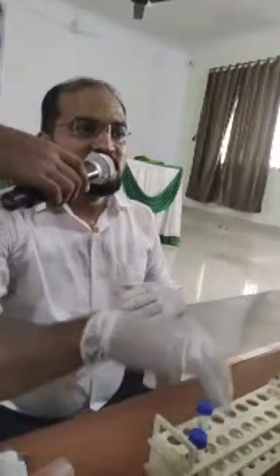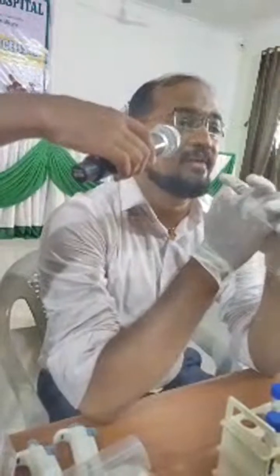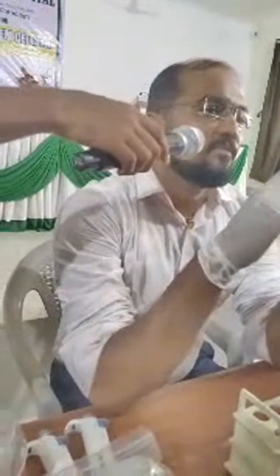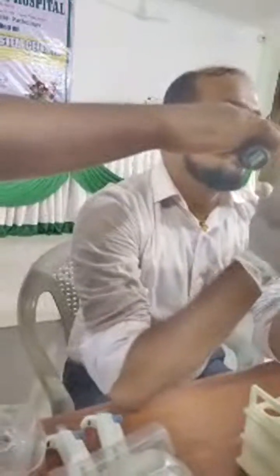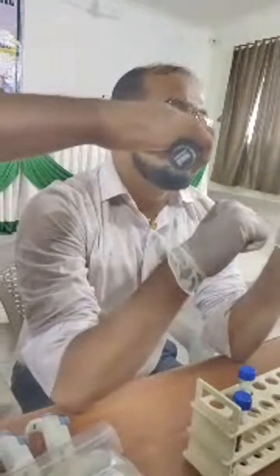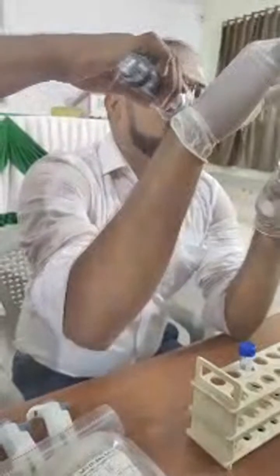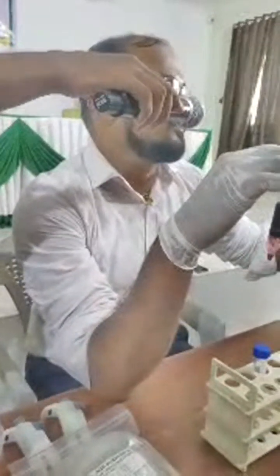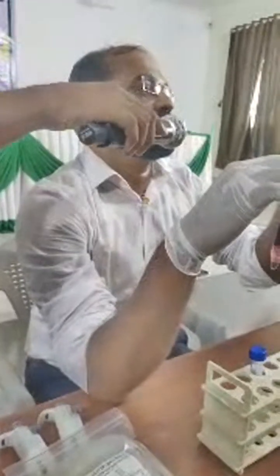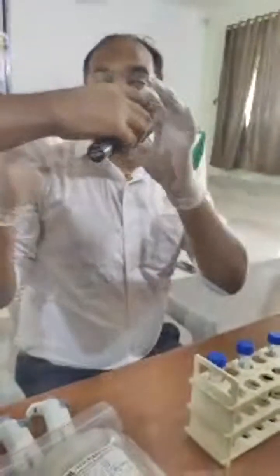In the meantime, we have made arrangements for collection of blood for platelet-rich fibrin. So one tube is for PRP, platelet-rich plasma, where the sample will be in liquid state. Without any anticoagulant, we are going to collect the blood and keep it for spinning. So this tube along with the PRF sample will be taken for centrifugation. Okay, so this was 8 mm, this is 9 mm, 8 mm. You just take the tube from the